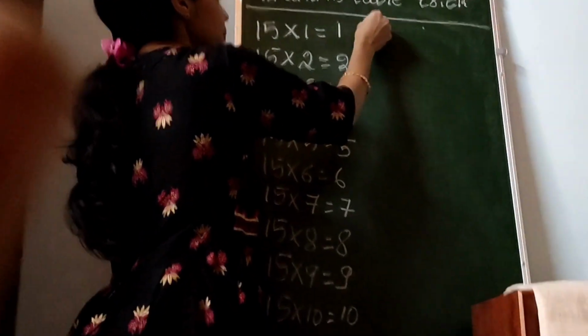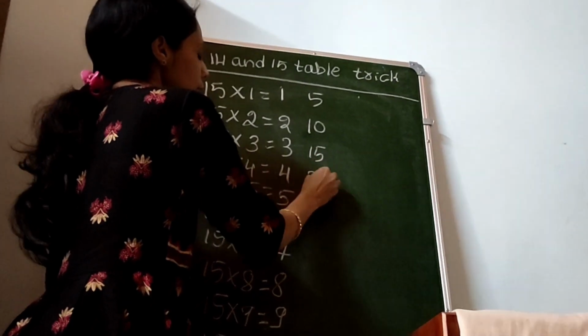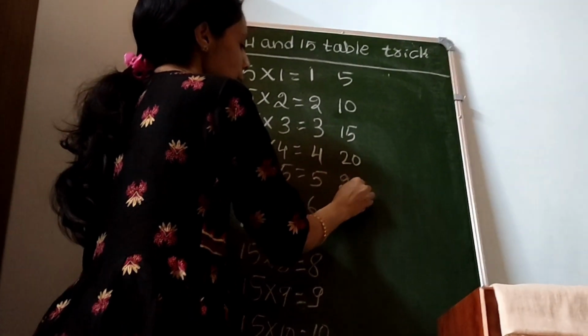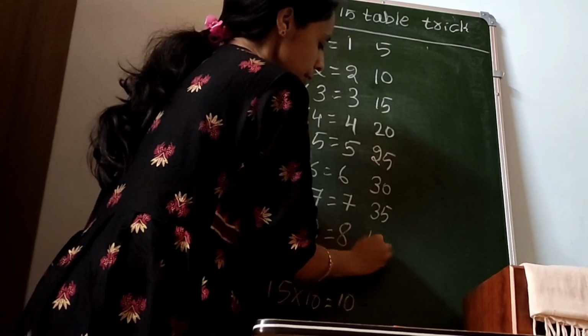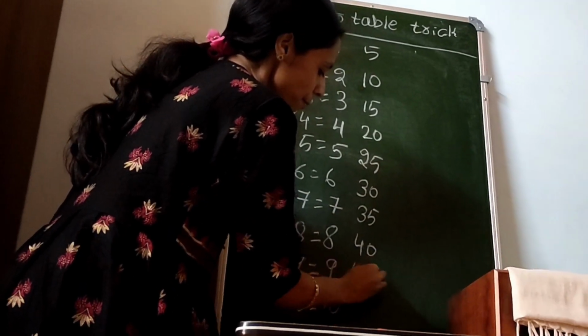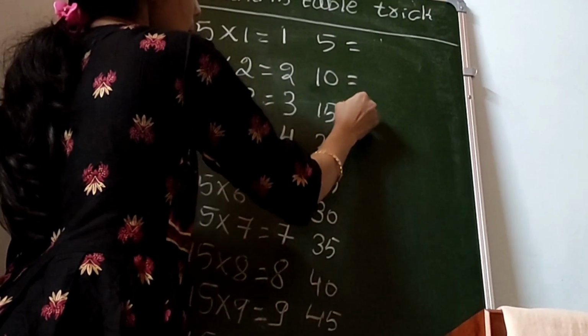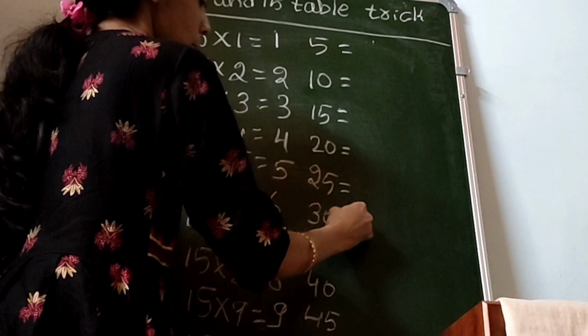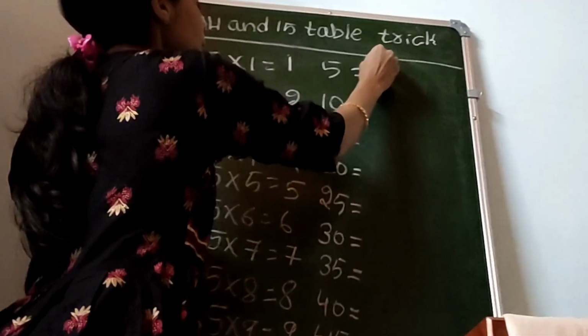After we write the 5 table: 5, 10, 15, 20, 25, 30, 35, 40, 45, 50. Next we write 1 5,